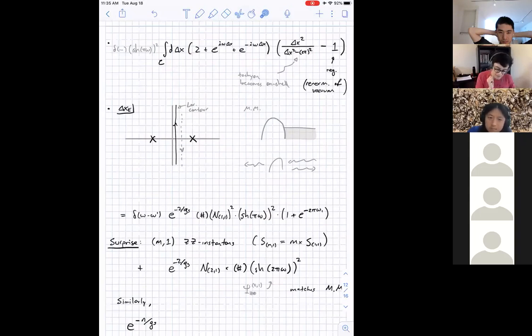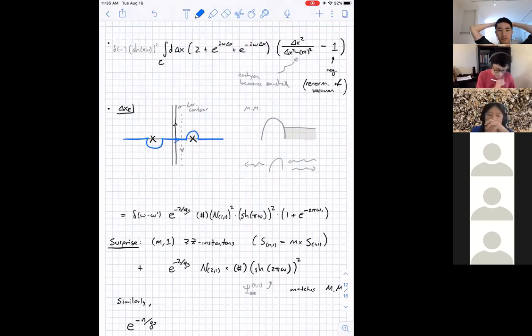And the last thing we need to specify is, as you can see, there's a pole here. We need to specify a contour prescription to do these integrals. And it turns out that the correct contour prescription we should do is this one in blue,